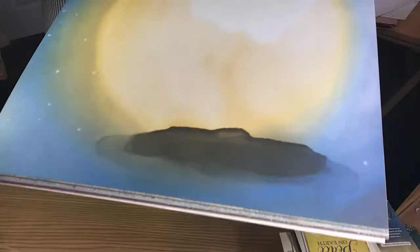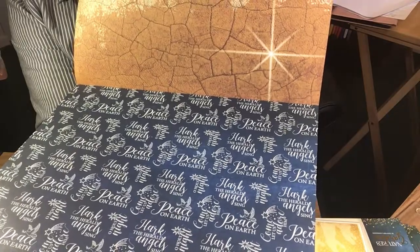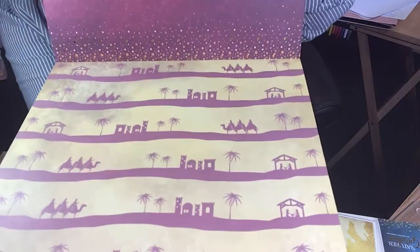Then we have a navy. And then on the back of the navy, again, is that. Then we have a navy. It says, Hark the Herald Angels Sing. Nope, sorry. Yeah, Hark the Herald Angels Sing and Peace on Earth. And then we have that land one in the navy. So it kind of sticks with the color theme, like the jewel tones. And then it comes with these really cool punch outs